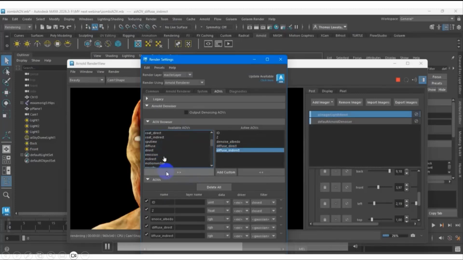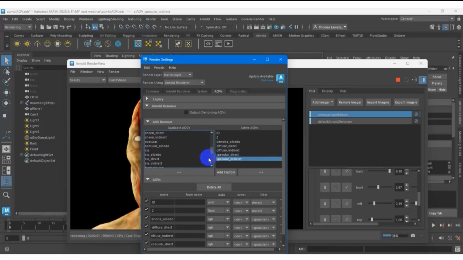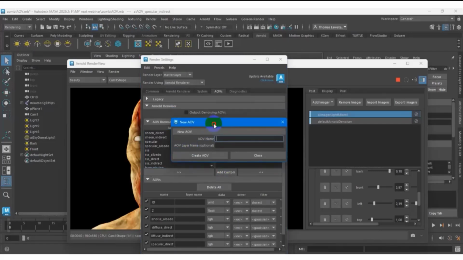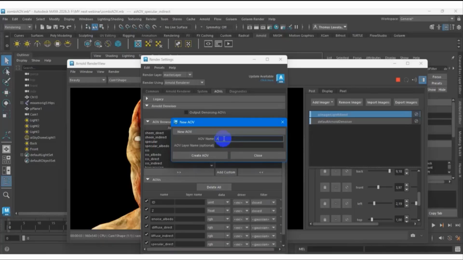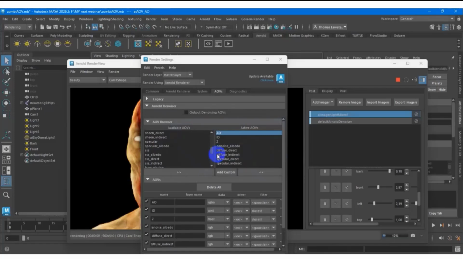You can select it. Sometimes we can bring the color ID, let's say you can open it in Photoshop and tweak something like that. This is, let's say, a custom created AOV. Let's say I put the name AO, create AO.